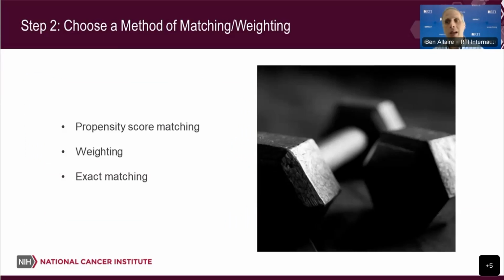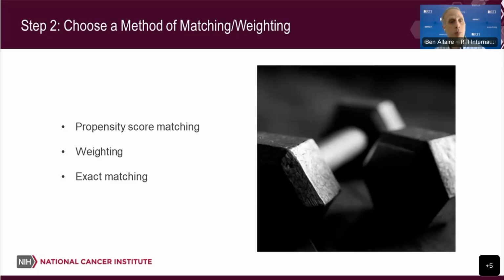Okay, so now you've selected your covariates and you know that you're going to match. What methods are available? The first one, I just have propensity score matching because that, again, tends to be the most popular one. But there is also weighting, and there's propensity score weighting. There's a whole smattering of different weighting techniques, in terms of inverse propensity score weighting and other ways to select those weights, and then exact matching. So now what are these three techniques?